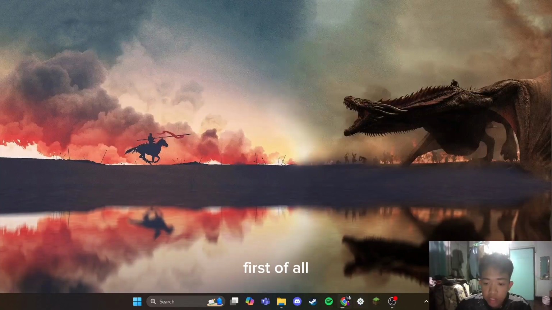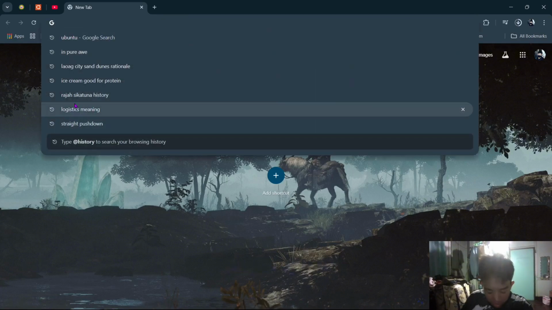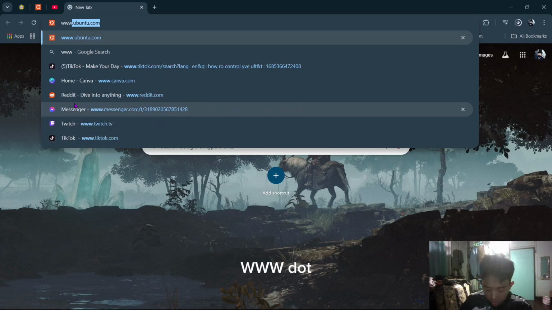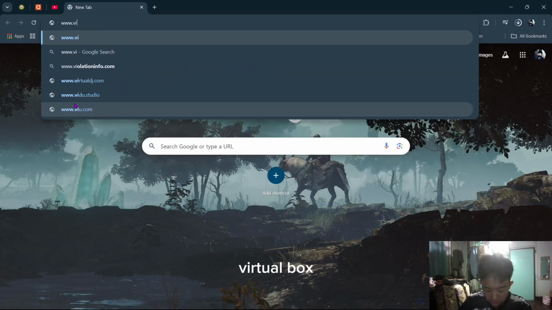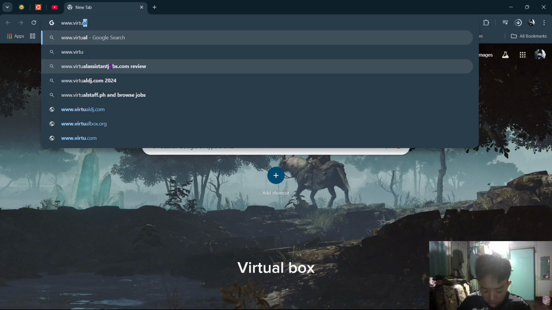We're going to try and run a Linux operating system on my laptop that uses Windows operating system. So, first, open our browser and search for www.virtualbox.org, VirtualBox.